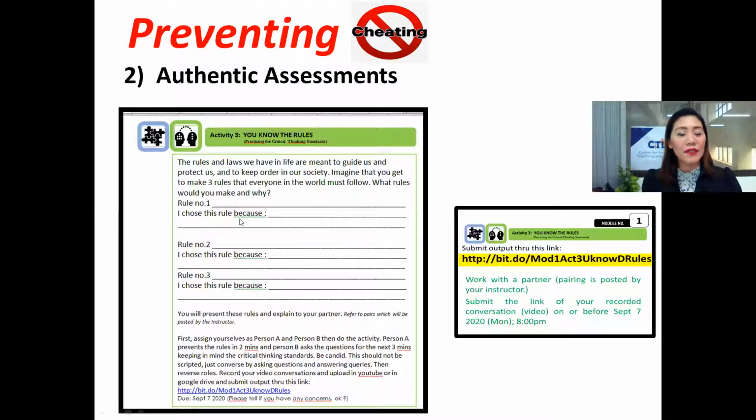So let's say, for example, now this one is an activity where they're going to present, and then what I'm grading is the ones asking the question. So this is about practicing their critical thinking standards. You notice that they're going to present, and then this one is a submission link that we posted in Facebook, on our e-portal, in the group chat, kung asa gyud na ang mga estudyante. And this link is even